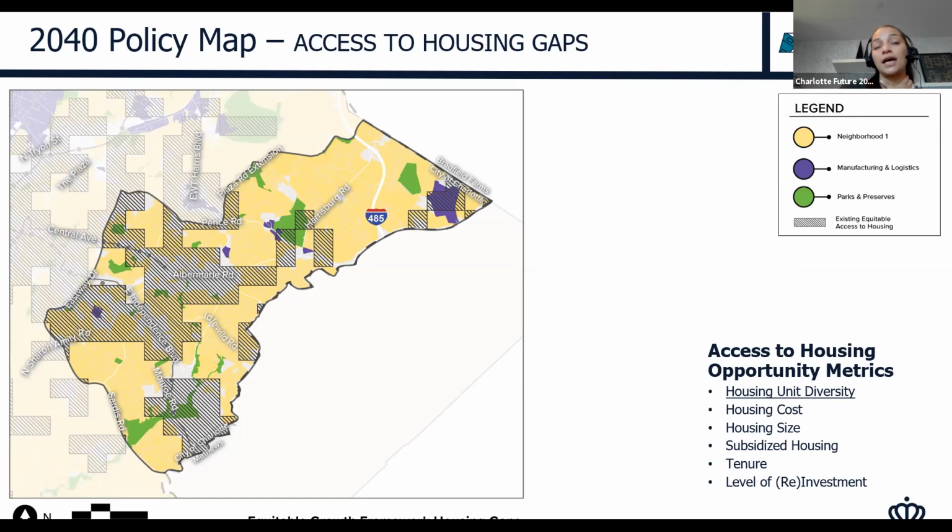Anything outside of the hashed area is an area where there is a gap in the access to housing. So there's typically little to no access to housing as it relates to these 4 metrics.